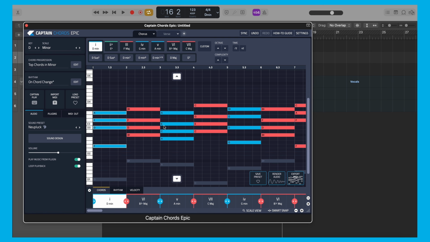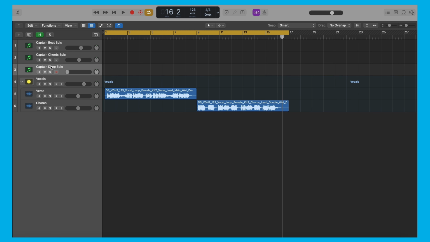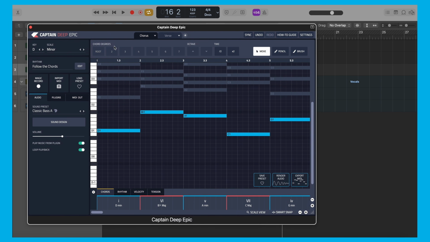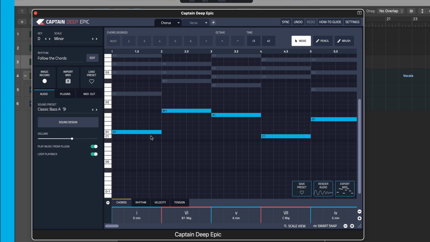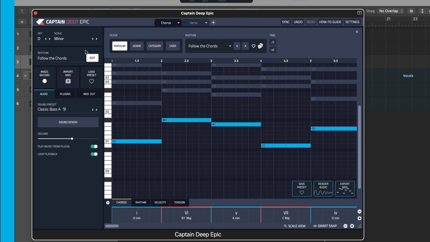So as you can see, I've put it back to change on the rhythm change on chord change. So we can come out of that now, and I've opened up Captain Deep here already, and let's open the user interface, and everything's set up D minor, follow the chords. So it's just going to play simple 1 bar notes, but we want something a bit more fancy than that. So we'll go to rhythm, follow the chord, click on here. As you can see, this has been updated as well, and we've got the new filter, 4 filters to find the best rhythm for your chords.